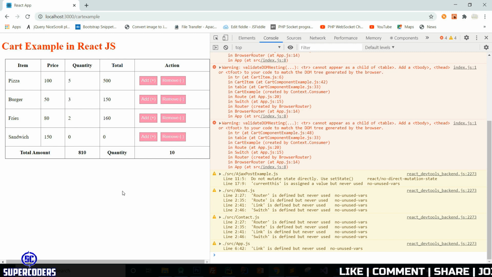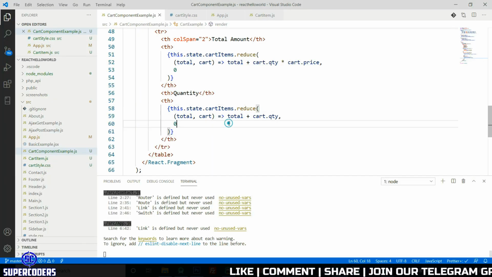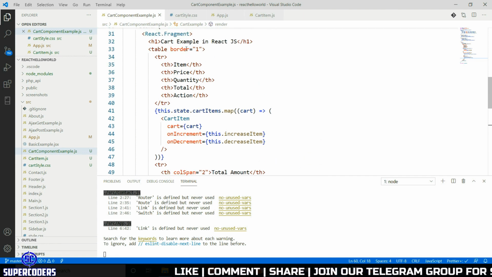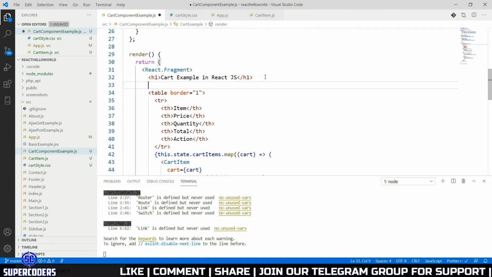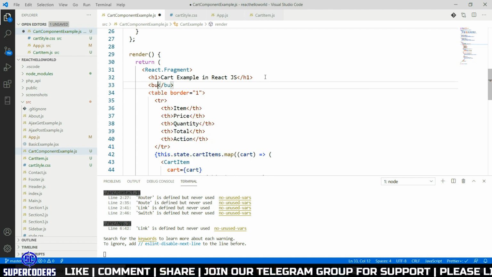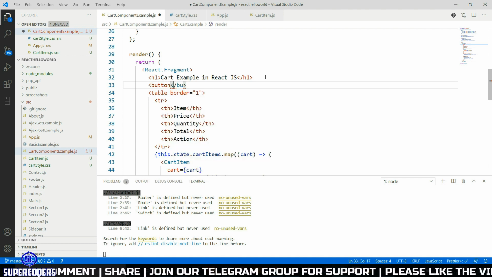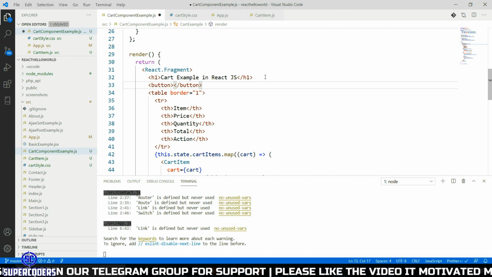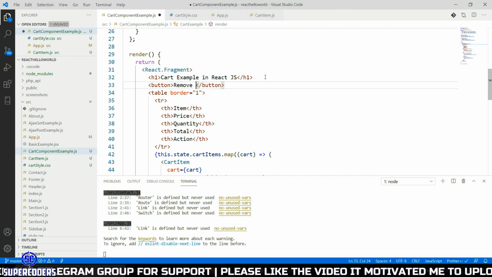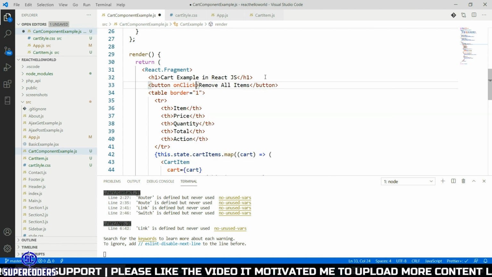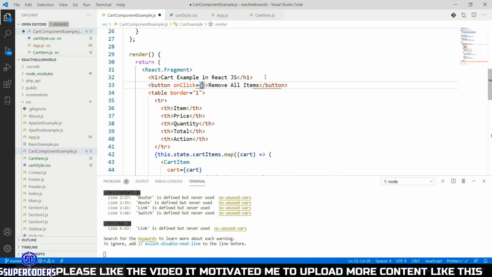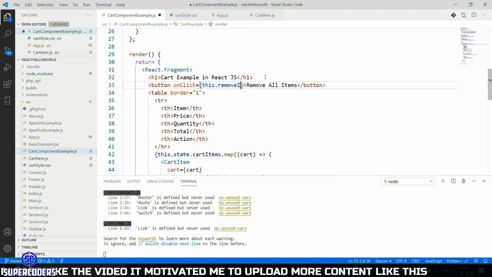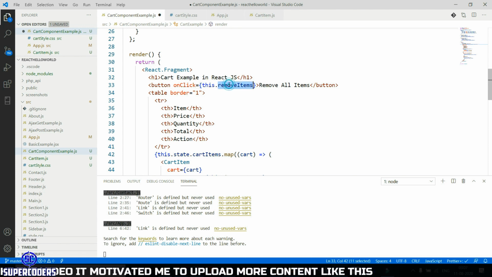Now doing final thing, which is remove all the items from your cart. So let's see. Come here again, then adding a button, remove all items. On click equal to this dot remove items. Let's create this function.